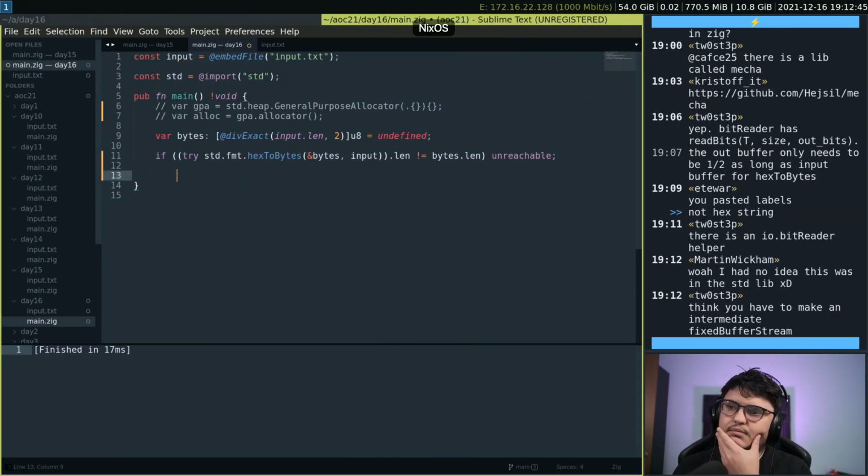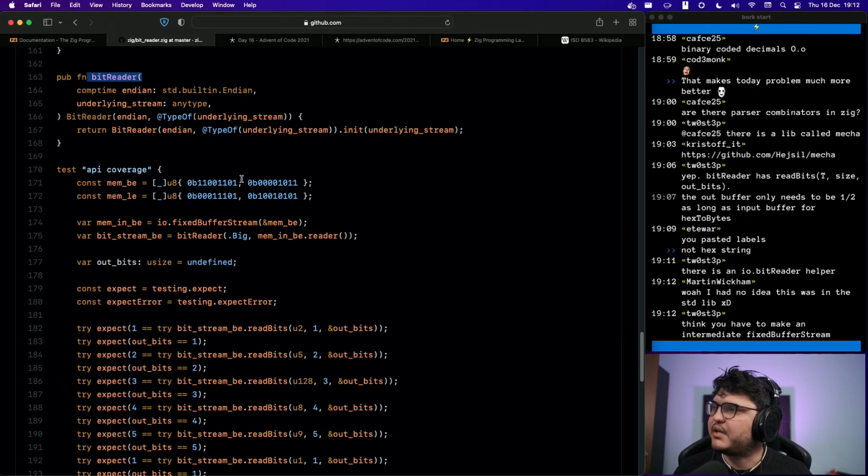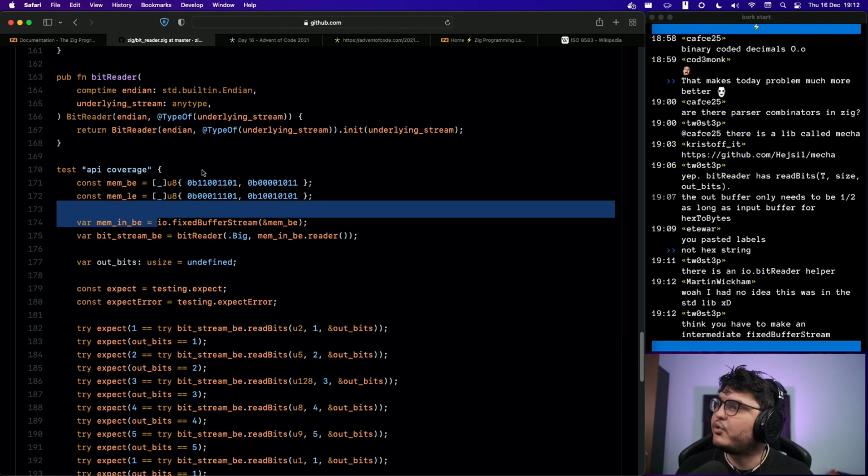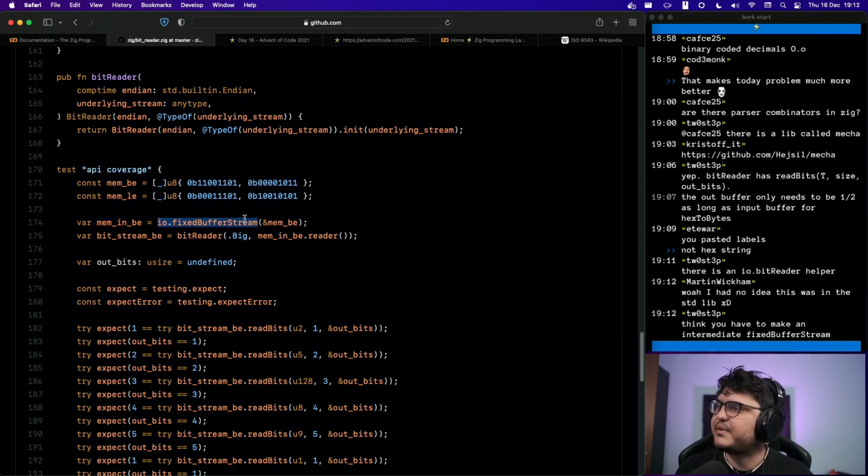So I think you need to make an intermediate. I don't think so. Look at this. Oh no, wait, you're right. This is a fixed buffer stream. God damn it. So yes, the intermediate is... I somehow failed to read this correctly. I don't know why, that doesn't even remotely look like the bit reader. So yes, you take a slice, you pass it into a fixed buffer reader, and then you pass the fixed buffer reader to the bit reader, and you give it the right endianness, which in our case is